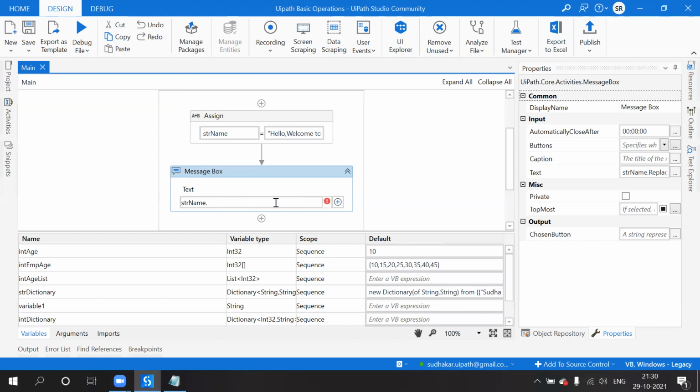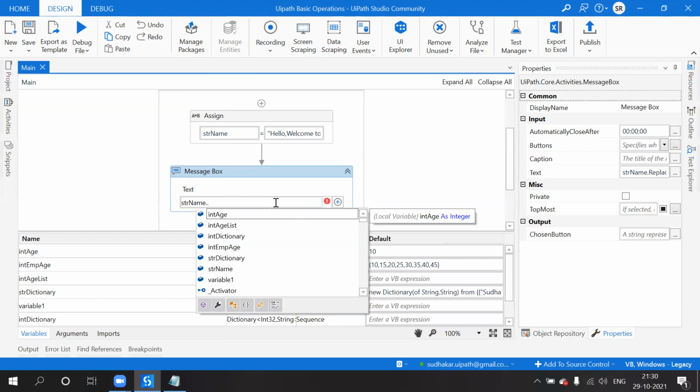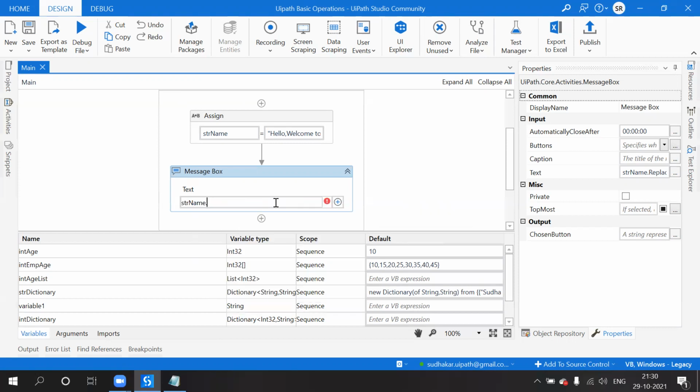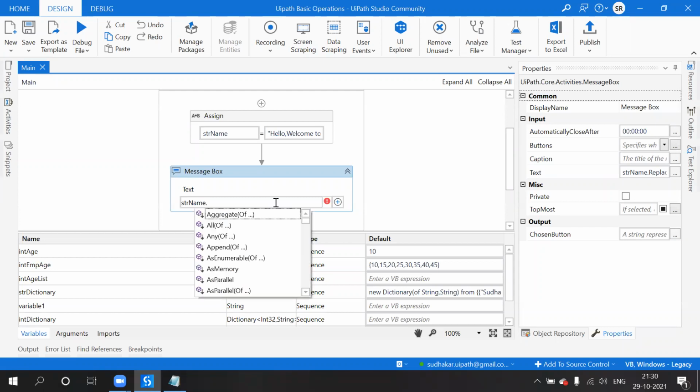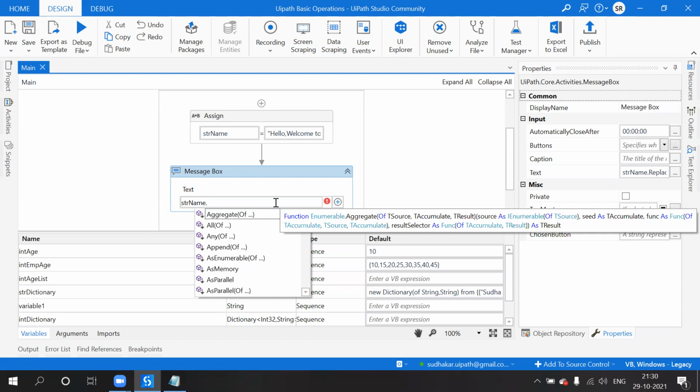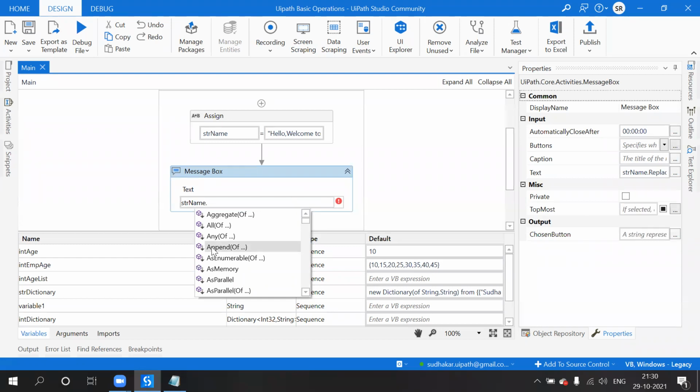So str name dot, so the syntax would be append.